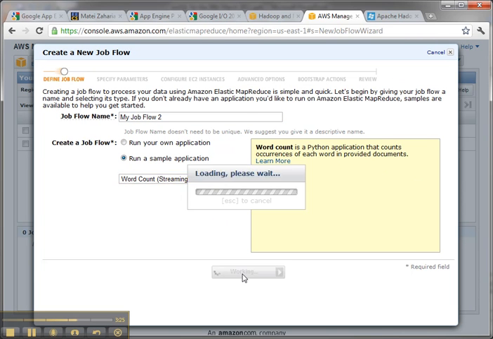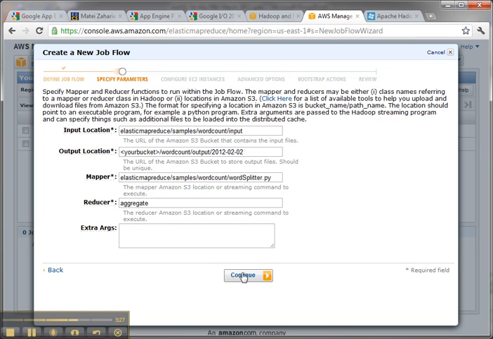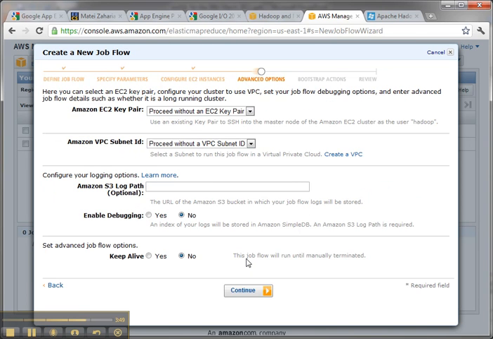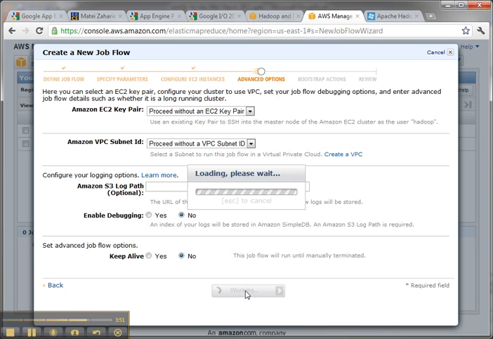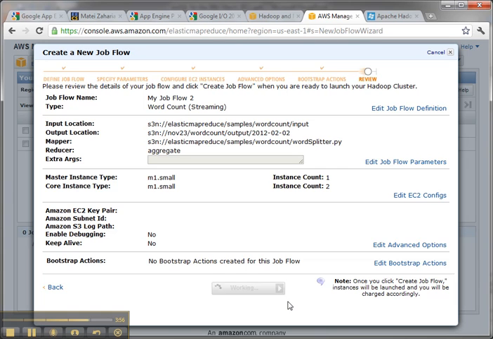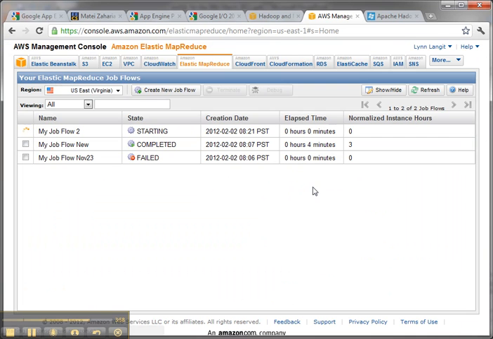What this is going to do is run a mapper and a reducer against a bucket. My bucket just has some text files in it, so this is an S3 bucket. And this is a Python job that will, in this case, split the words, and then the reducer will count the words. Then I specify the instances I want to run it on, and if I want any key pairs or advanced logging, which you may want, obviously, and then I just go ahead and click OK. Then I say close, and I've got a job flow.